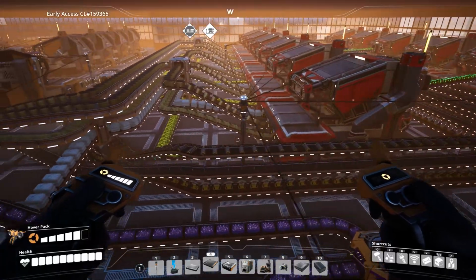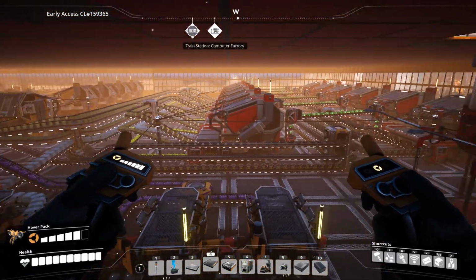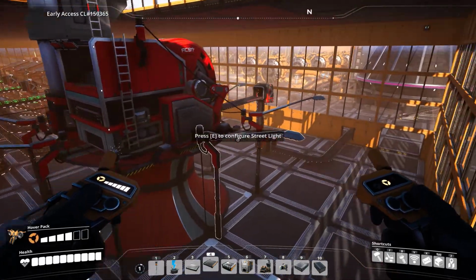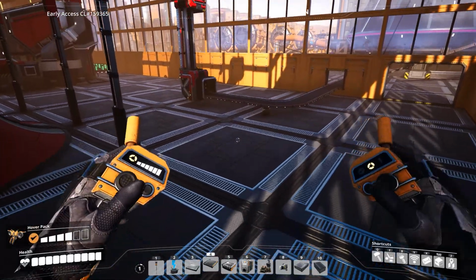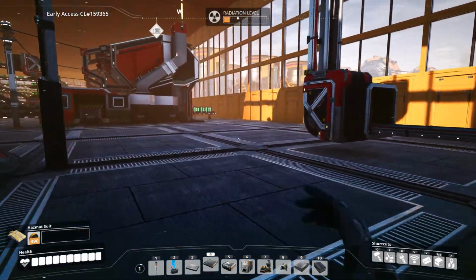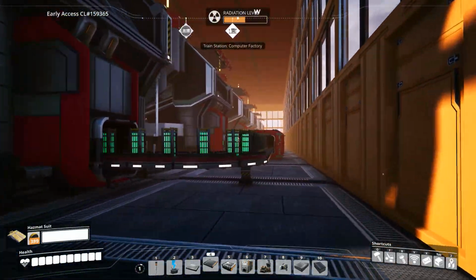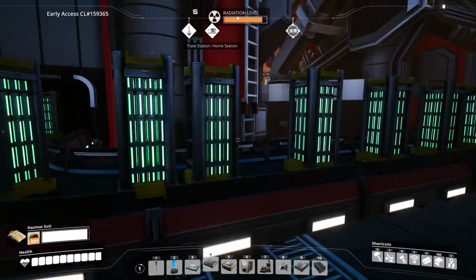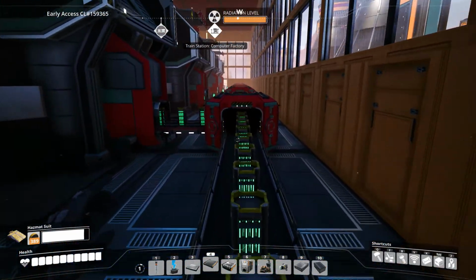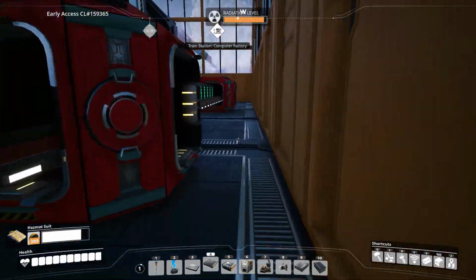But we got all, can't get too close. We got all the uranium coming in and turning into encased uranium cells, and then the uranium cells get turned into uranium power cells. Let me put on my hazmat suit. And this is the final product. Actual uranium fuel rods. So all these fuel rods are gonna get put into there, and I'm gonna turn this on for the first time